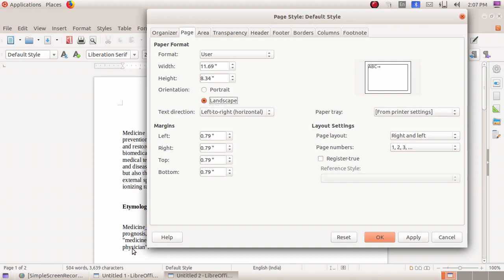By default it is in portrait. I am going to choose the option as landscape, and you can adjust the margins also. Just increase the margin, that is the space between this page. If you need to reduce, you can reduce the value. And next is